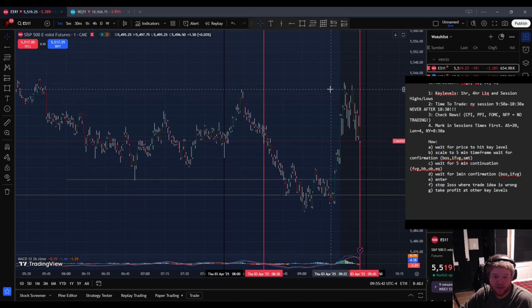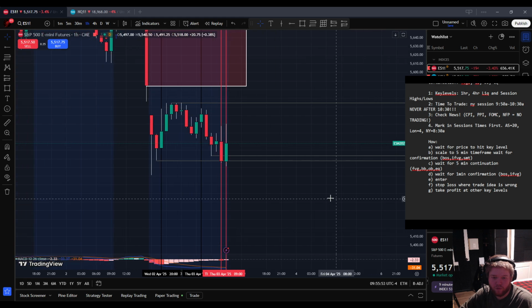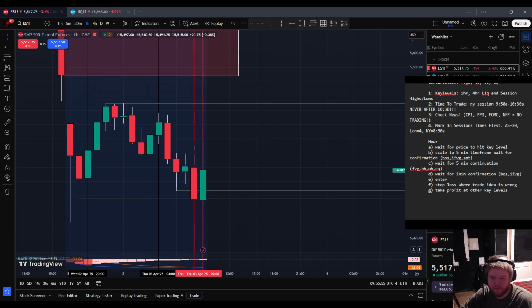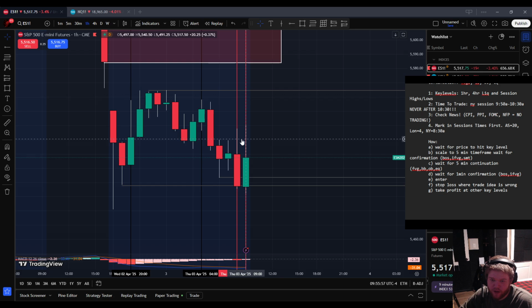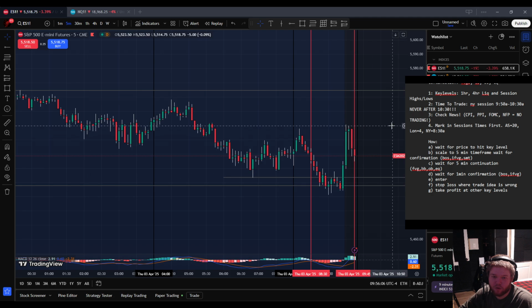We did sweep this high, though. Off of this move up, we swept this high. So if we went back up, hold on, let's go to the hour real quick. Look real closely at this. We swept the high on this high here from this candle. Move down to the 5. What are we looking for specifically? We're looking for